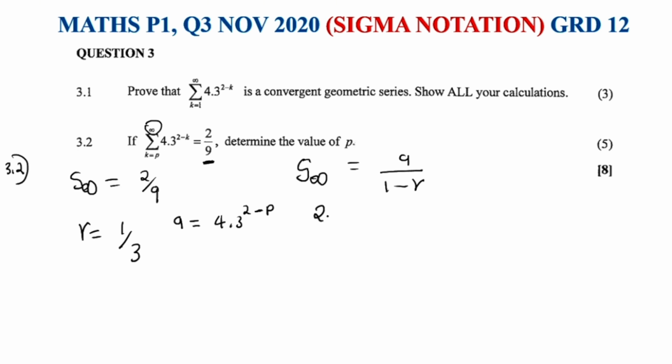Sum to infinity is 2 over 9, which is equal to a, which is 4 over 3 to the power of 2 minus p, all over 1 minus 1 over 3, which is our r there. Right. So now what we can do in this case, we can cross multiply. Let's assume that this is over 1. Cross multiply, therefore 4 over 3 to the power of 2 minus p is equal to, if you say 2 over 9 multiplied by 1 minus 1 over 3,